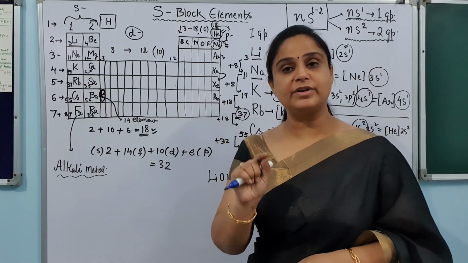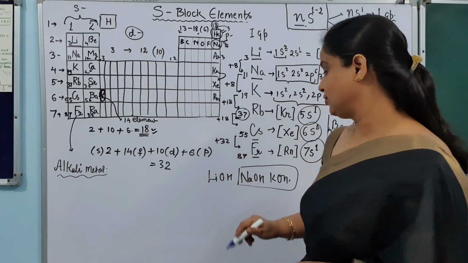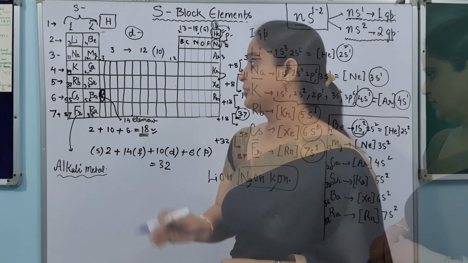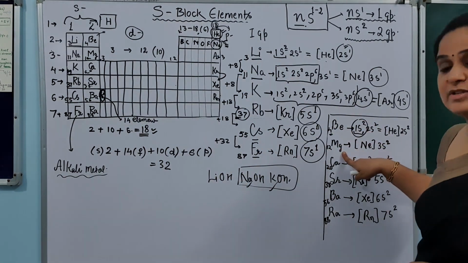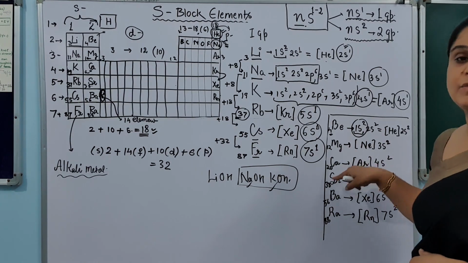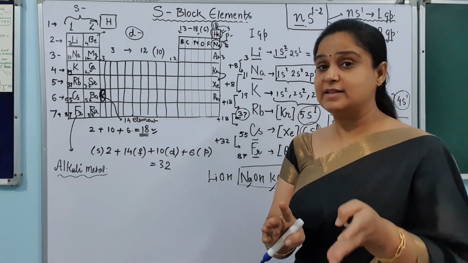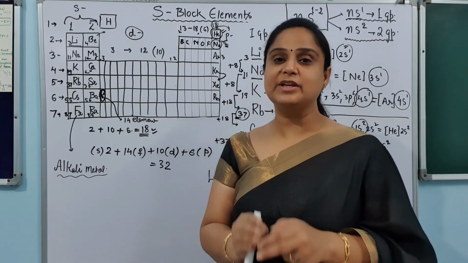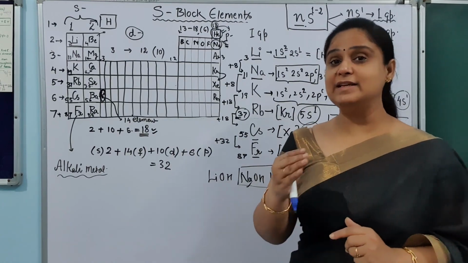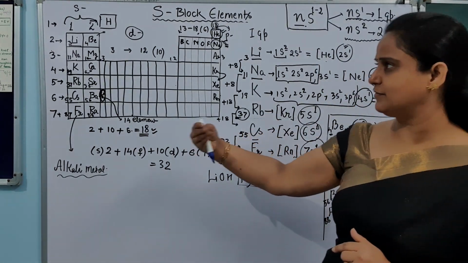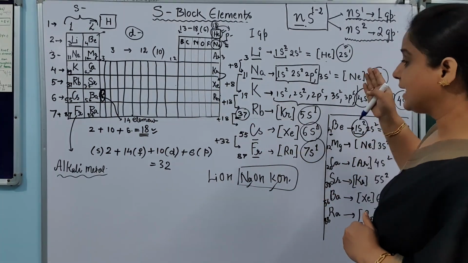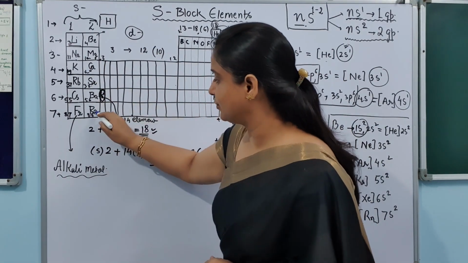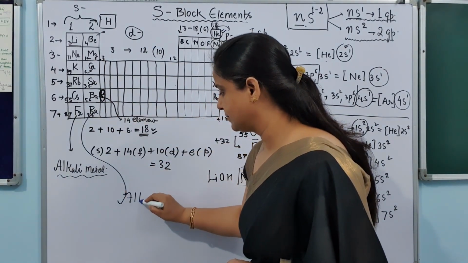Alkali means the water soluble bases are called alkali, and we know that sodium hydroxide, potassium hydroxide, rubidium hydroxide are all soluble in water. In the second group also, magnesium hydroxide is a very common base, calcium hydroxide is a very common base, strontium hydroxide is a common base, and these bases are also soluble in water. Not as much soluble, but they are also soluble in water, so they are also called alkali. But these are not named alkali because the name would otherwise be the same, so they are called alkaline earth metals. The second group elements are known as alkaline earth metals.